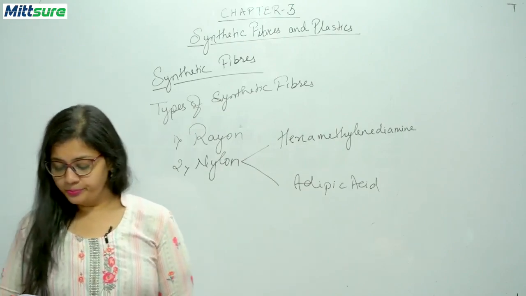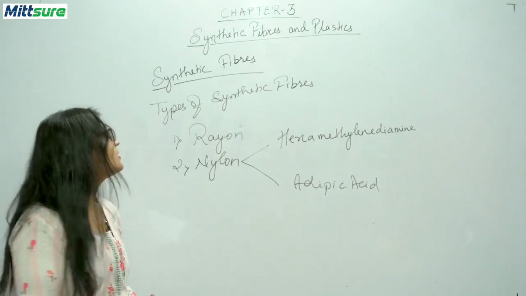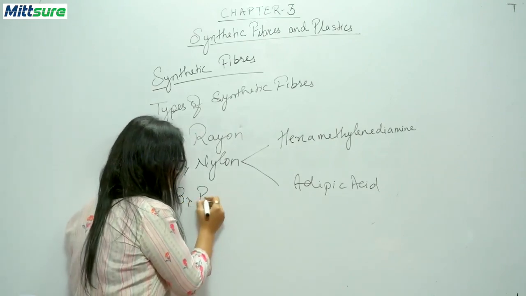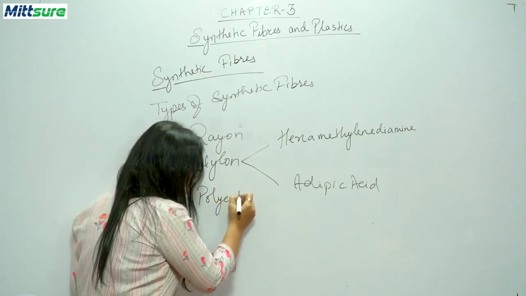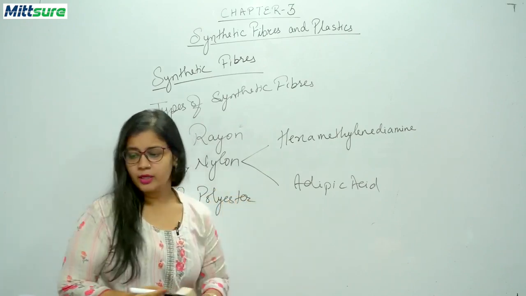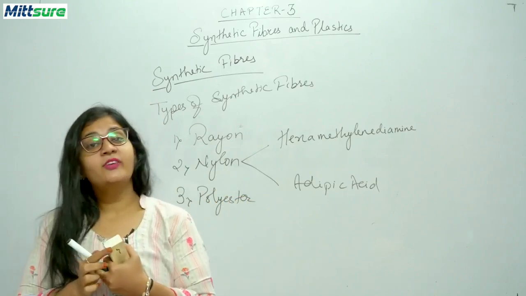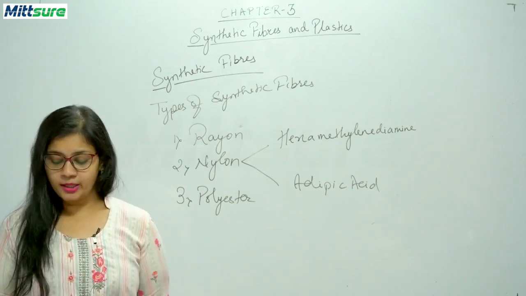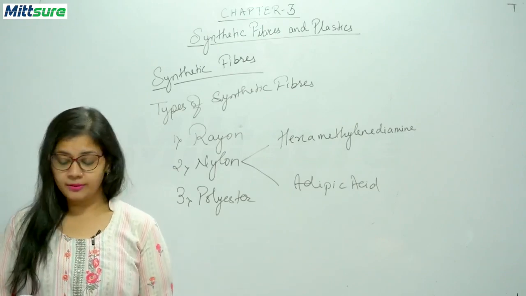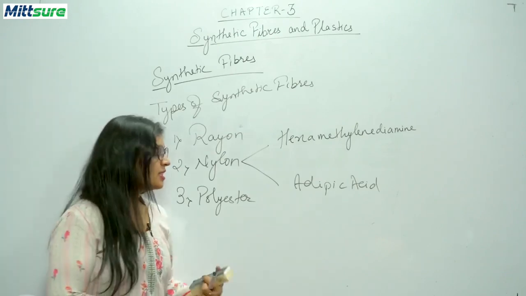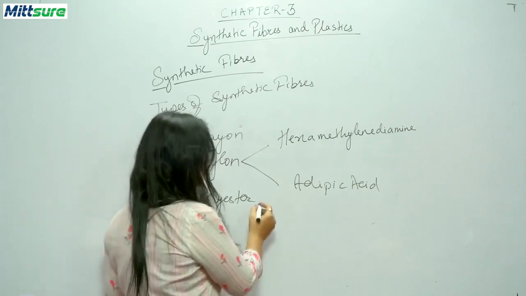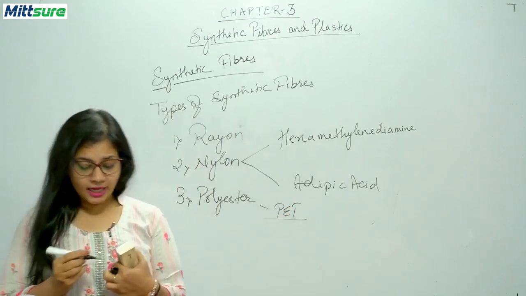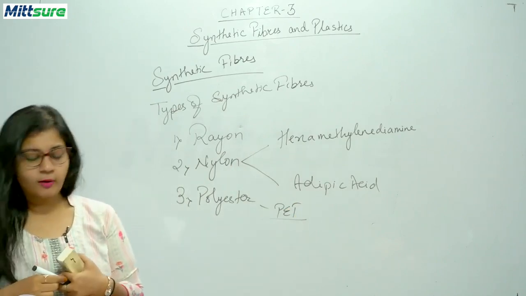Okay. So the next type of synthetic fiber that we are going to discuss is polyester. Okay. So the next type of synthetic fiber is polyester. Polyester is made by joining many units of ester. Okay. Now the PET is a type of polyester, and the full form of this PET is